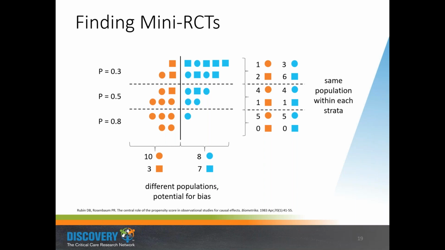And the ratio of circles to squares is the same in both groups. And this middle strata has like one square in it in each group, and the bottom one has no squares. So this is just like a little figure, but mathematically you can show the same thing, which is that if you stratify your sample by the probability of having gotten the treatment, of being assigned the treatment or not, then you'll get the same population within each of those strata, or populations that are statistically the same, as good as random.